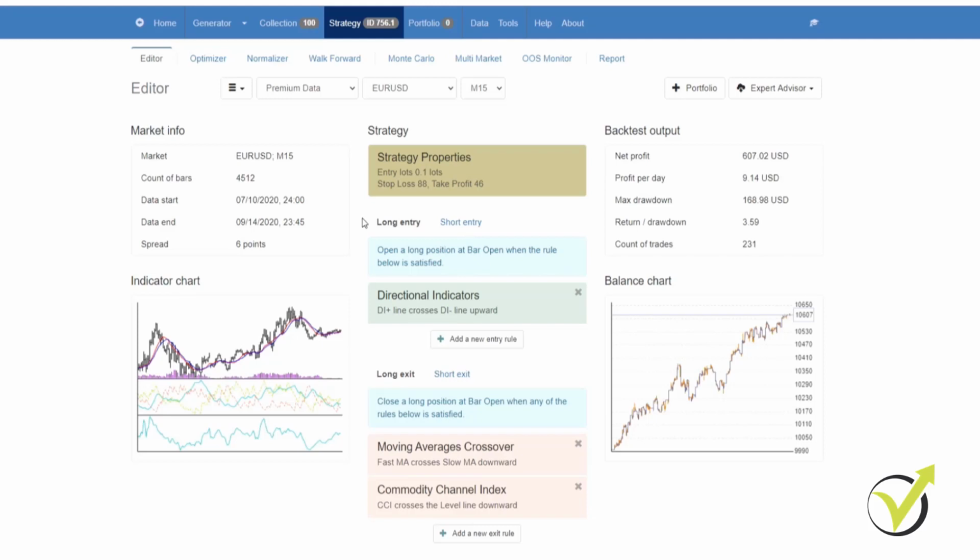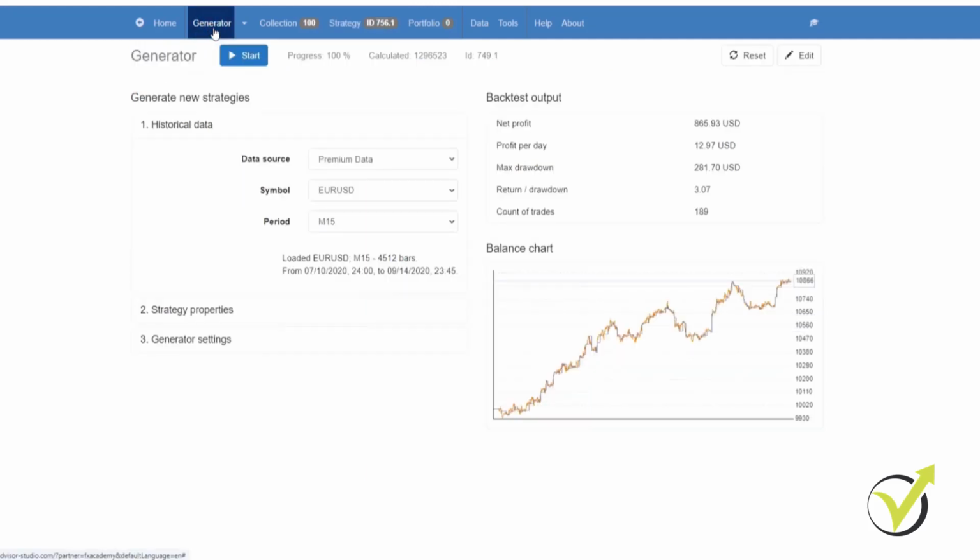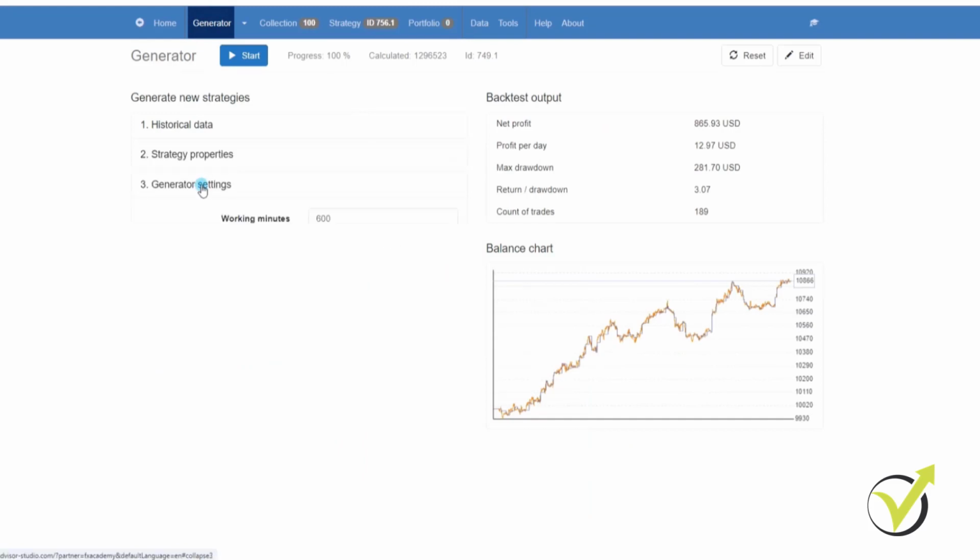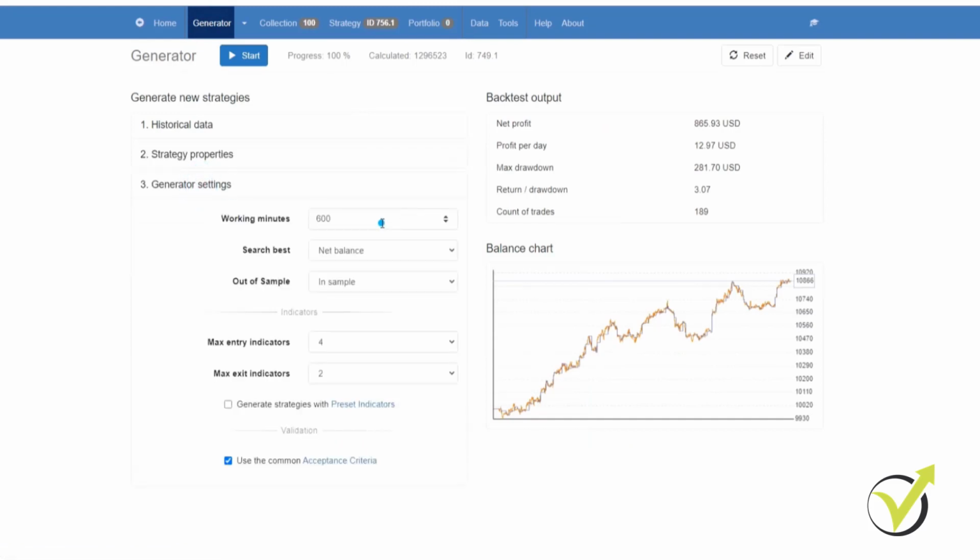The reason that Expert Advisor Studio is such a superior tool is because it can create countless combinations of trading rules for its users. So if we go to our generator here, for example, and we go to the generator settings, what you can see is that here we can set our working minutes. Now, the longer it works, the longer your generator runs, the more strategies it'll create.